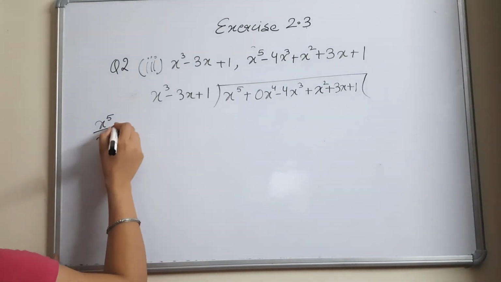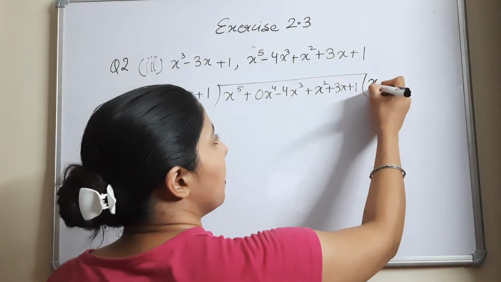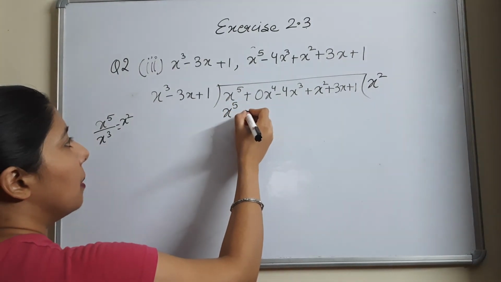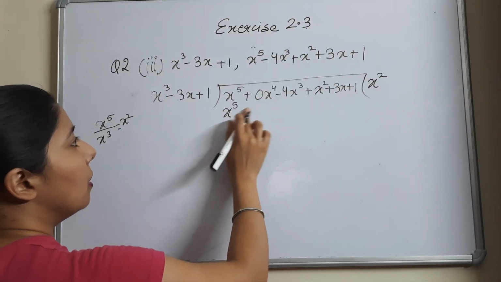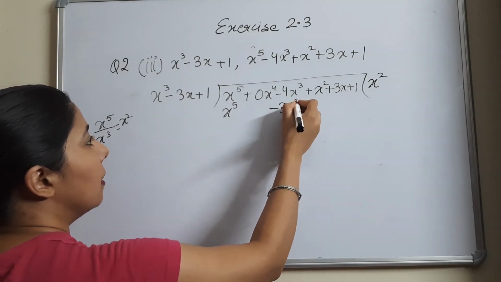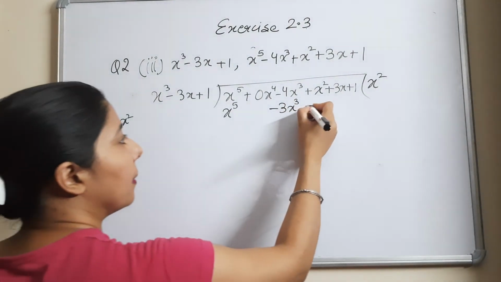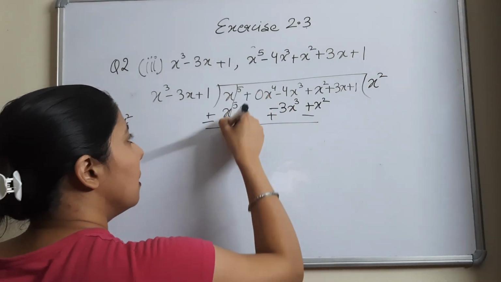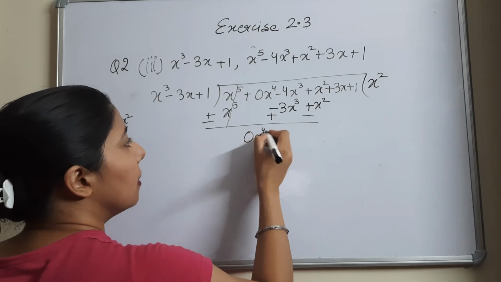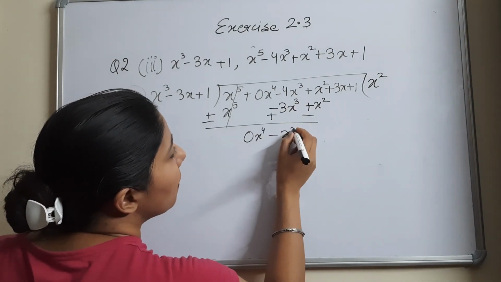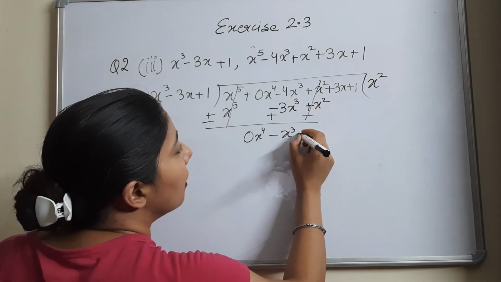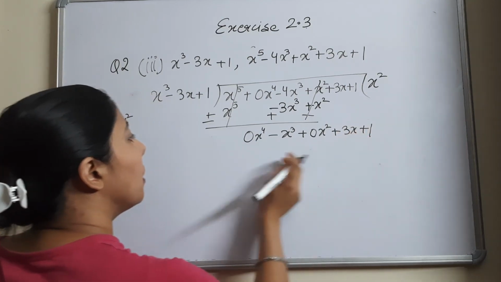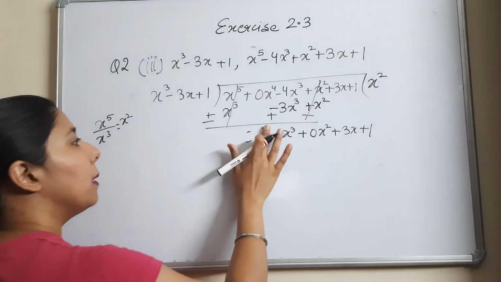Okay, so now we will calculate the first term of q(x) for this and this. x^5 by x cube, that will be x square. So the first term will be x square. Now we will multiply this here. You will get x^5 minus 3x cube. Okay, we will write it here. And the next term will be plus x square. Now change the signs. Now do the addition. So this is here, this is here, minus x cube, and this cancels out. It becomes 0x square plus 3x plus 1. So if the 0 is at the first term, we can skip writing it.